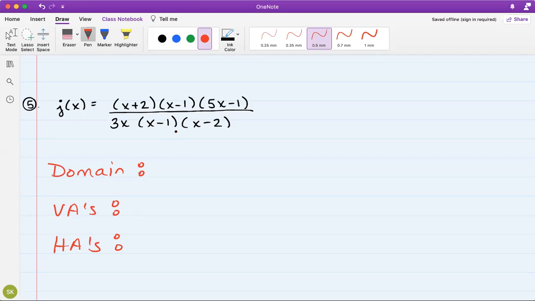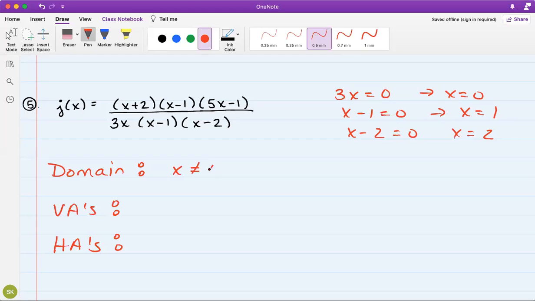Okay, so the domain, where do we have issues in the domain? Notice that in the bottom, we have 3 factors. Here, if we set 3x equal to 0, we get x is 0. If we set x minus 1 to 0, we get x is 1. And x minus 2 equal to 0, we get x is 2. So these are the 3 numbers we cannot use, 0, 1, and 2, which tells us that our domain